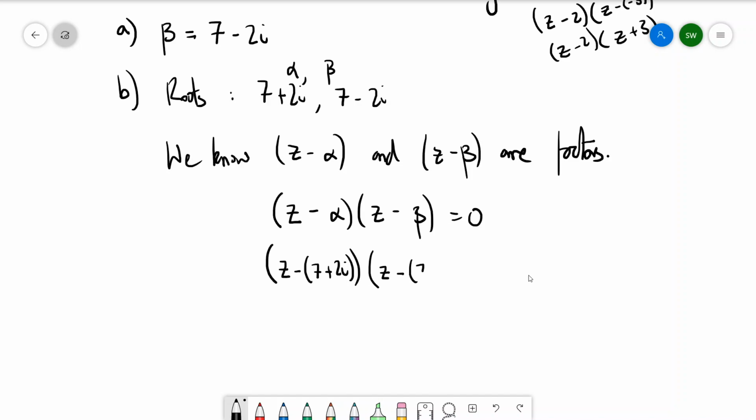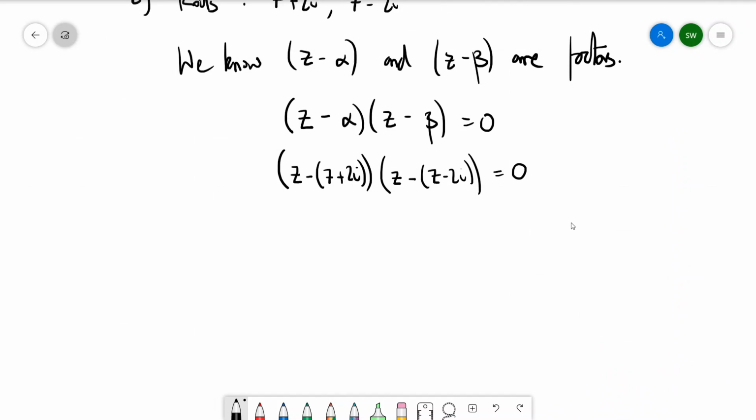We're going to have z minus 7 minus 2i equals 0. And then now what we can do is expand these double brackets. So you're going to have z times z, which is z squared, z times this thing here, which is going to be minus z(7 minus 2i), and then minus this bracket times z, which is going to be minus z(7 plus 2i), and then minus this bracket times minus this bracket is going to be plus the two brackets times together